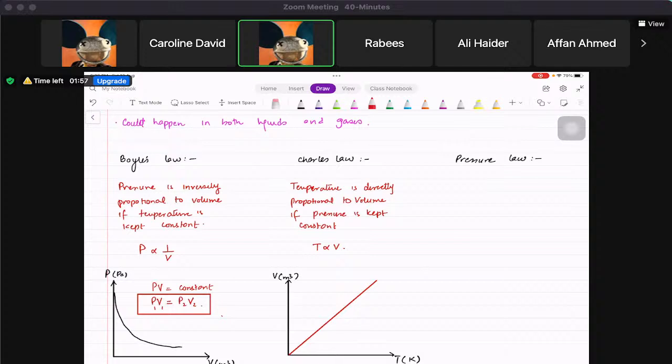Similarly, in pressure law, it states that pressure is directly proportional to temperature if volume is kept constant. Which means pressure is also directly proportional to temperature, and if you